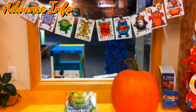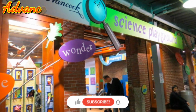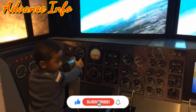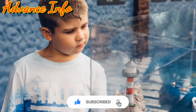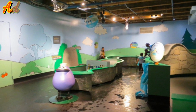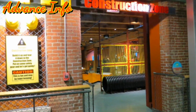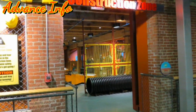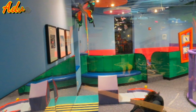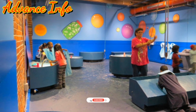One of the most popular exhibits at the Boston Children's Museum is the Science Playground, which features a range of interactive exhibits that allow children to explore the world of science and technology. Children can experiment with water and light, explore the properties of magnets, and learn about the human body through interactive displays. Another popular exhibit is the New Balance Foundation Climb, a 3-story climbing structure that challenges children to climb and